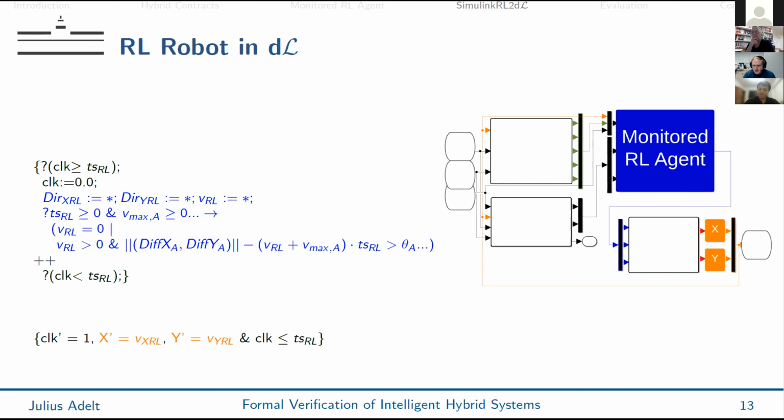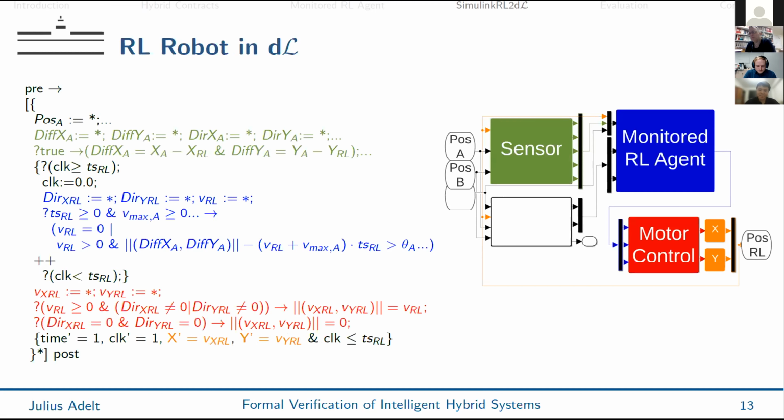And of course, we can also transform the other parts of the system. So this reinforcement learning agent, the actions chosen by it also influence the dynamics of the system. And by transforming the X and Y integrators, we see that they evolve with the current velocity. And just to give you an impression, I know this is a bit much, but we can also replace the rest of the system with contracts, which leads to a formal description of the overall system. And also remember, this is part of a larger model also containing the two opponents.